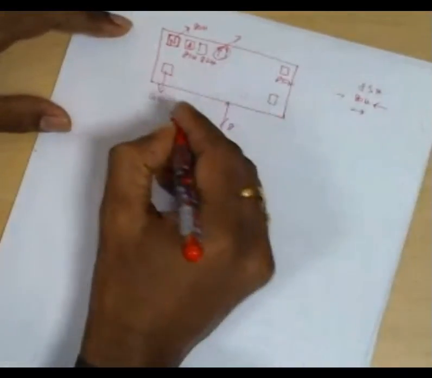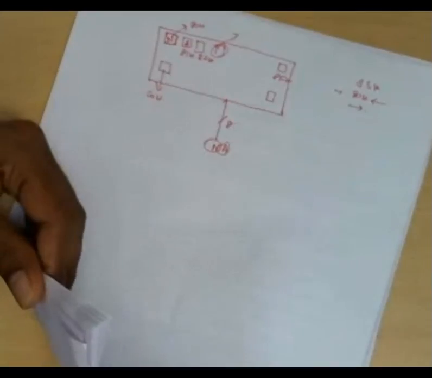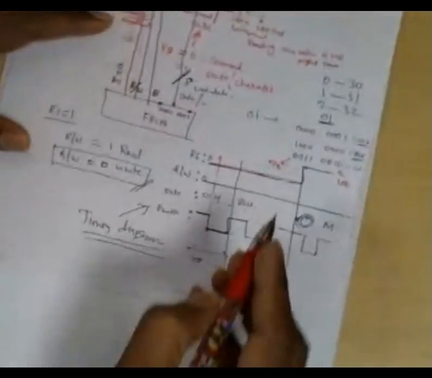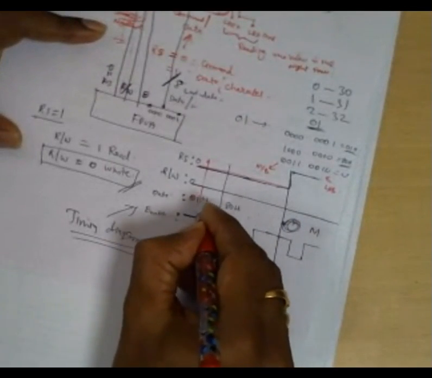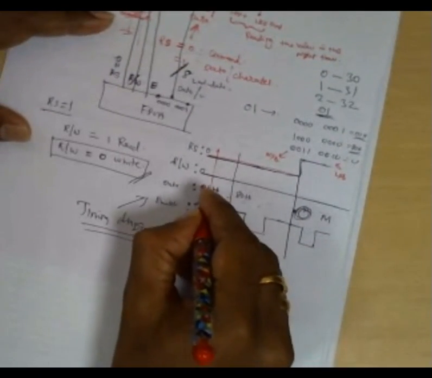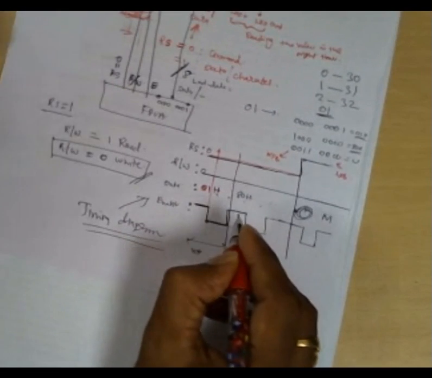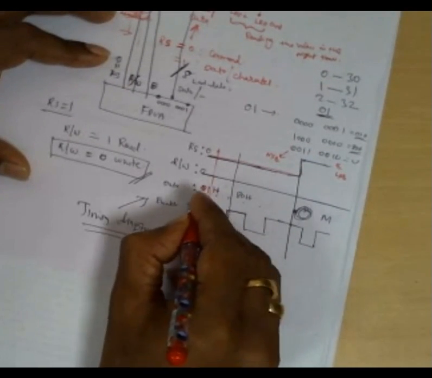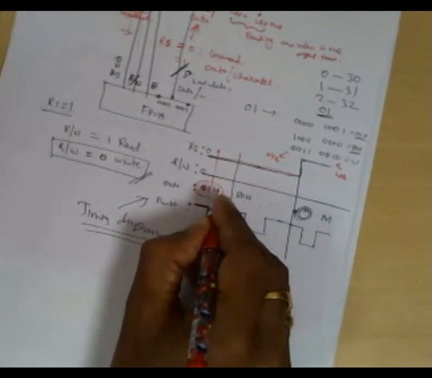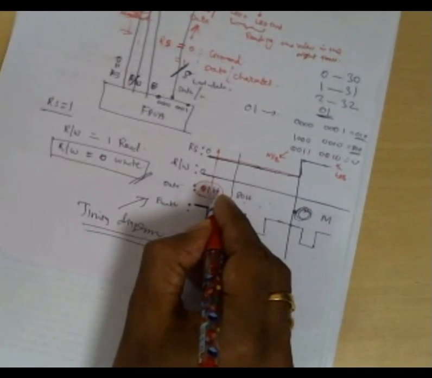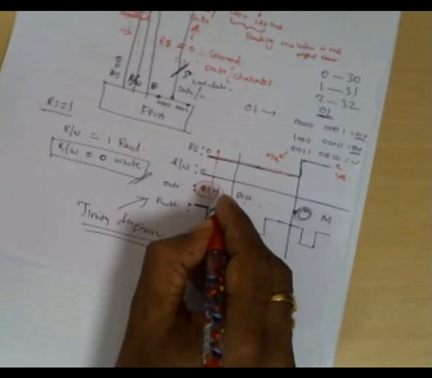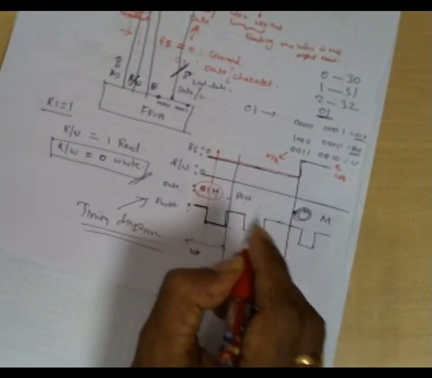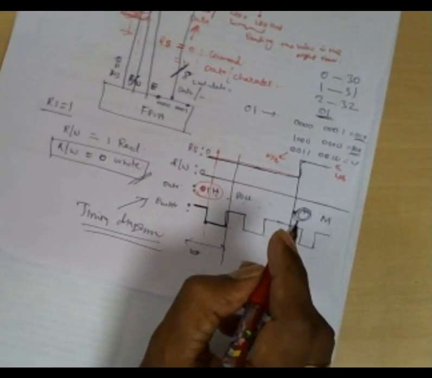Suppose I'm sending 01 here, right? I'm giving one falling edge here. At that time the LCD will accept this 01 and then internally it will do some operations. That means it will understand that 01 means clear the screen. So it will go for clearing the screen, and the action will take some time. That is called the processing time for the LCD.